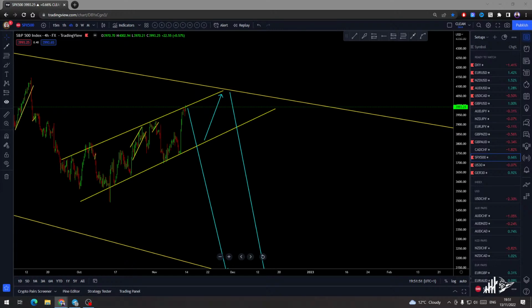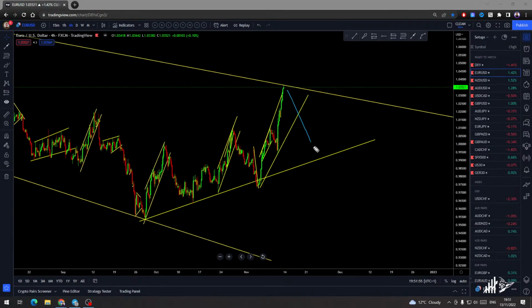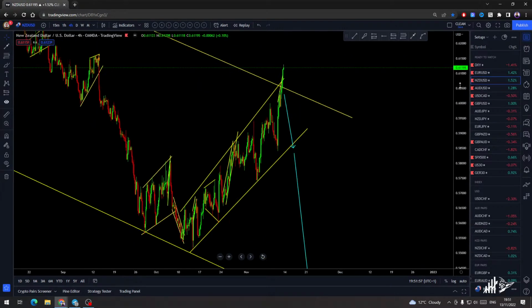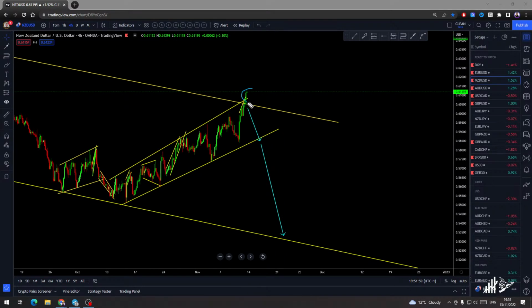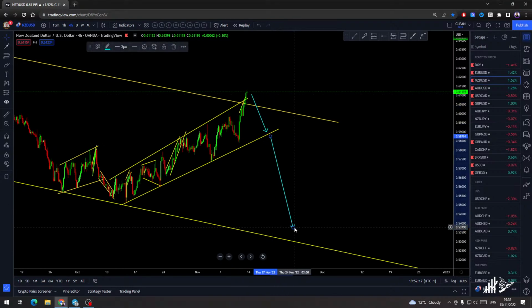Okay, so euro dollar. What I will do, I will watch for this move to the downside. Same there, New Zealand USD. I will let it do whatever it wants to do. I will let it complete, wait for the price action, then I will take a sell flag on a lower time frame, then I will take a sell. This sell is very good, very nice, at least back to the trend line. Then I will see, but I do anticipate it will go lower.